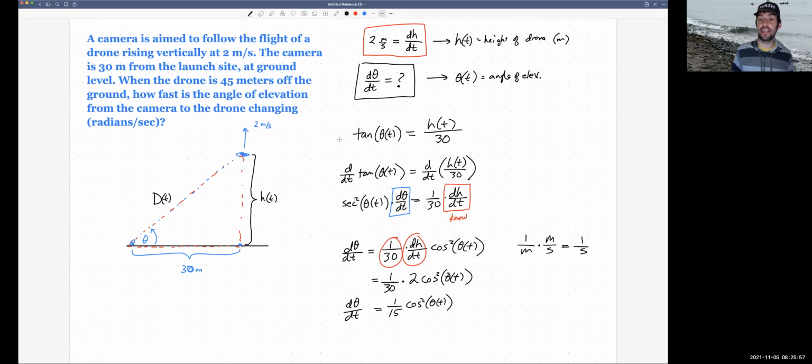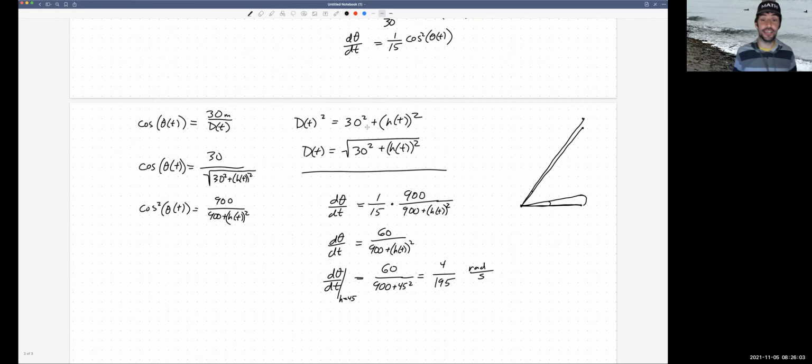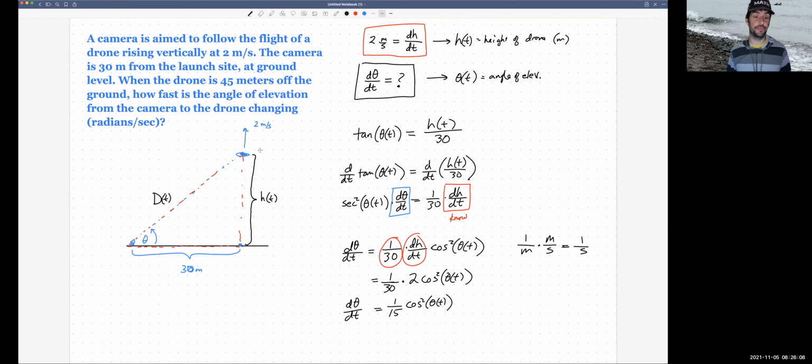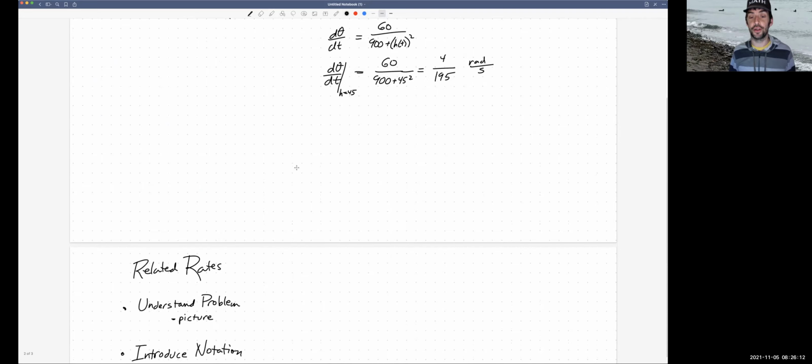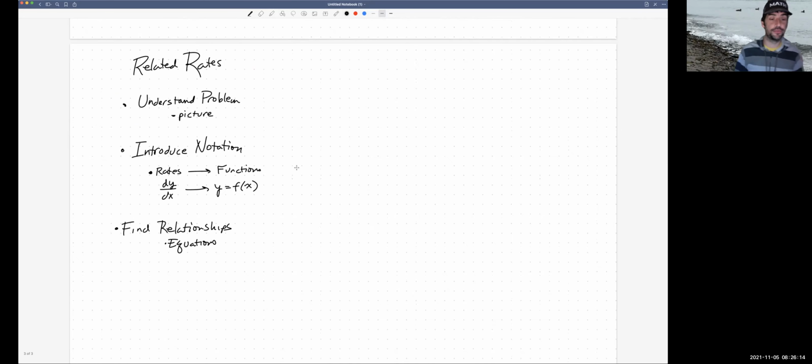We started out with this tangent. We saw that we had h of t, we wanted theta of t. Tangent seemed to be a good way to relate them. Later on, we had to find another relationship because we realized we needed a cosine, which meant we needed to use the hypotenuse that I called d of t. So find relationships or equations,